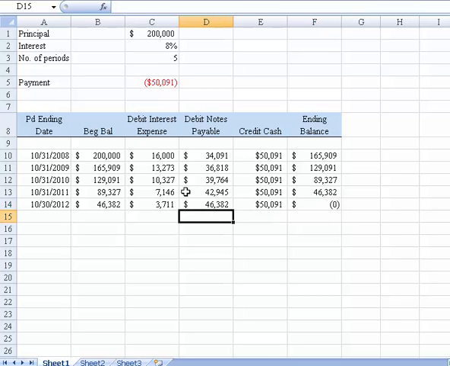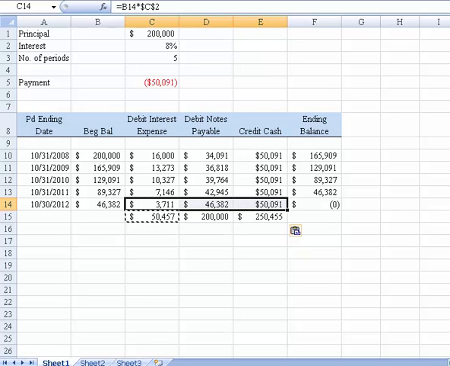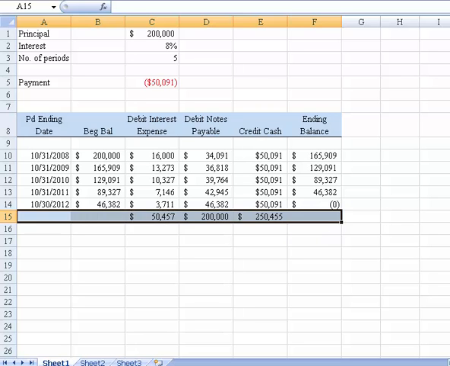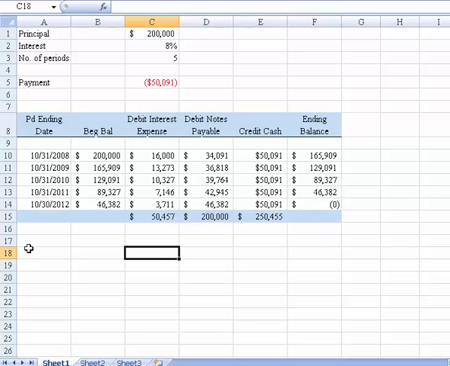And then I think the only other thing they do is they go ahead and they sum the total amount of interest expense. And then we sum the total amount of that we wrote off, which is $200,000. And the total amount of cash this cost us was $250,450. So I think I'll actually shade this again so that we can see that that's not actually the table, but more of a summary or total data. Okay, and that's the answer to part 2. Now I'm not going to drop it in the other screen because you can see the approach here in Excel, but